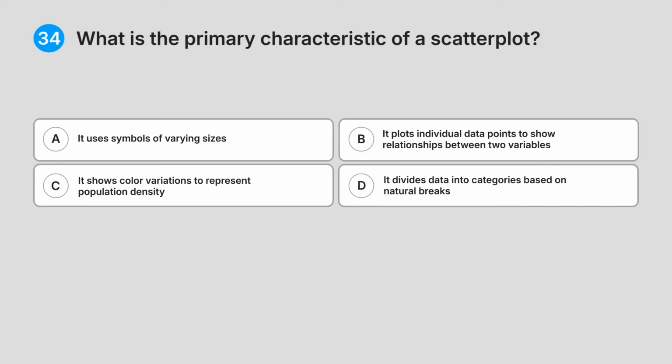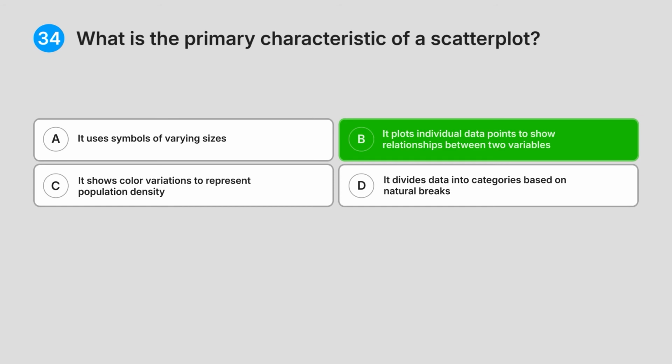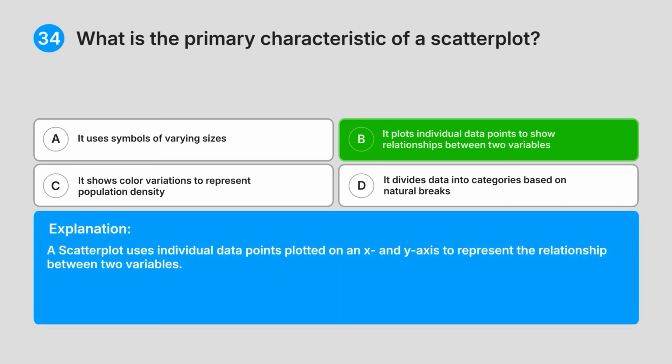maps. 34. What is the primary characteristic of a scatter plot? A. It uses symbols of varying sizes. B. It plots individual data points to show relationships between two variables. C. It shows color variations to represent population density. D. It divides data into categories based on natural breaks. What do you think is the answer? Correct answer: B. It plots individual data points to show relationships between two variables. Explanation: a scatter plot uses individual data points plotted on an x and y axis to represent the relationship between